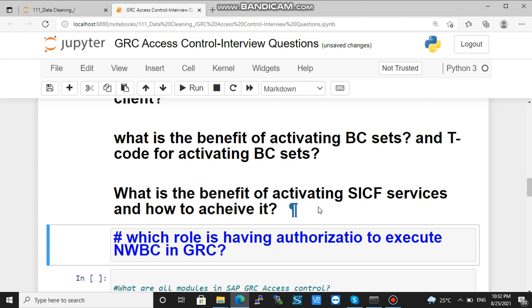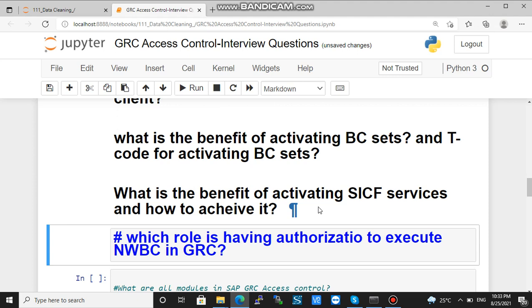If this services is not activated, even though you are having authorization to execute NWBC, there would be no hyperlink on that page. Page would be blank. So to view NWBC, all the links and hyperlinks, SICF services need to be activated.